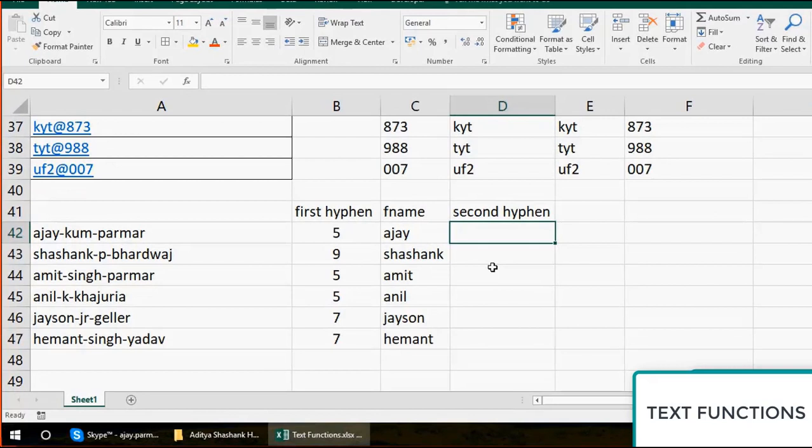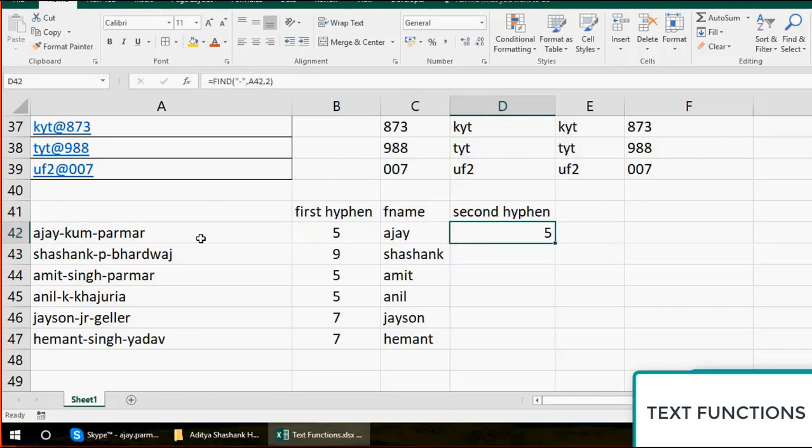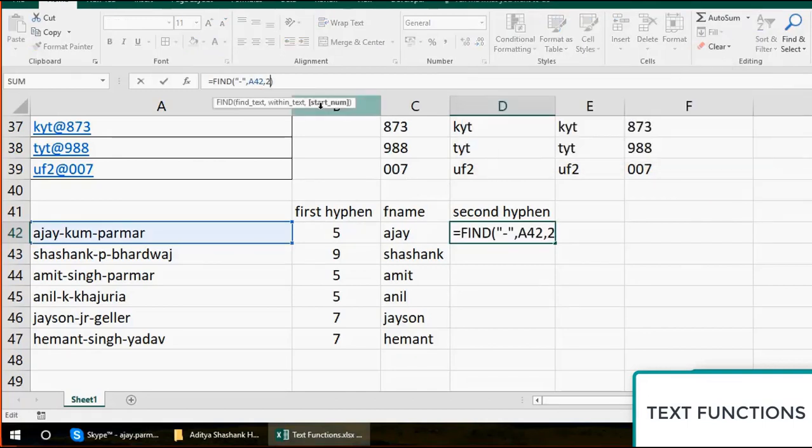Now before I start telling you, if this is what you're thinking, that Ajay will now put the hyphen here and now he will go in this text and now he will write 2, not 1, because now I need the second hyphen, you are wrong. You will get the same answer. Look at this. I tell you the reason. What do you mean by this start number? This start number basically tells us from where we want to start our search. Now you say that you want to start your search from second character, which means J. Now if you start from J and you start moving forward, you will again stop at the first hyphen,